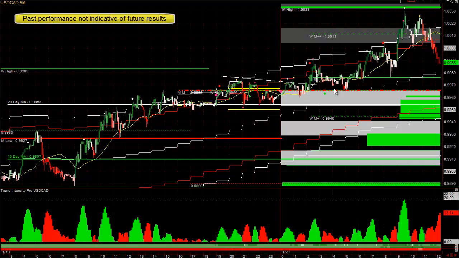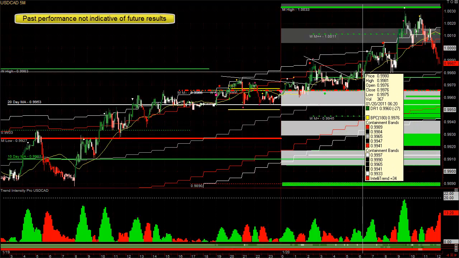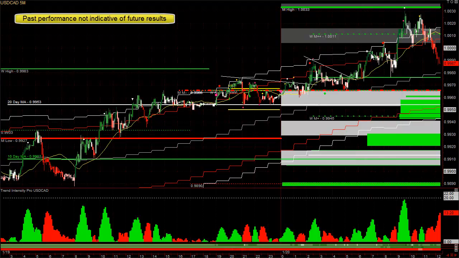Then it came back down, didn't make a lower low right here, and then broke out again. You go long. Notice how it hits the upper containment bands without that much strength. You might have got the trade here at 96 for about a 15 pip profit. I probably would not have bought this next pullback because it just didn't look like it was that strong. But once it went up and it had incredible strength, on this pullback I would have got in, maybe made 5 or 10 pips on that trade,